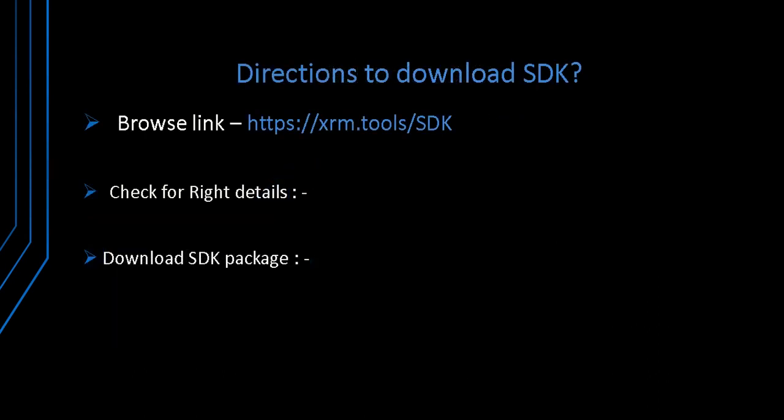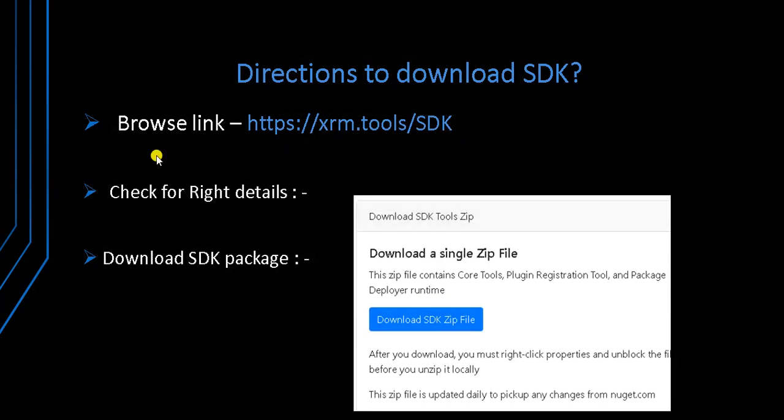So directions to download SDK. We need to browse this link because SDK was available earlier on Microsoft official website related to every version of CRM, but as of now it's not available. So I have checked for a link which is helpful in downloading SDK for the latest version 9 of CRM. Check for the right details, whether you're using on-premise version or online version. You can download it by browsing this particular link,